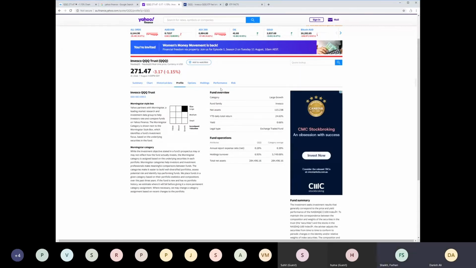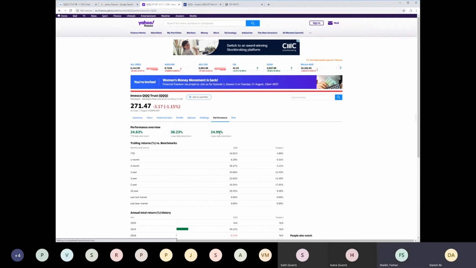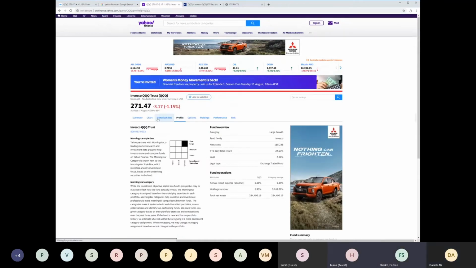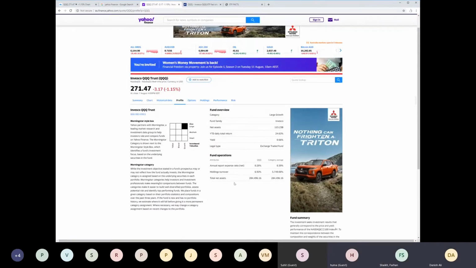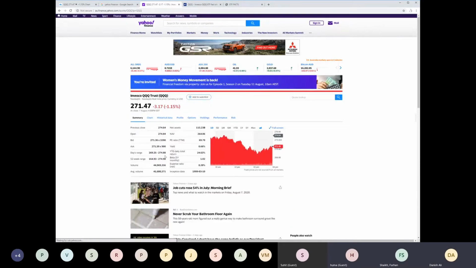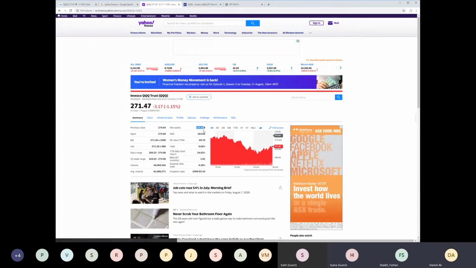I am a little bit ignorant here because I do not invest in stocks or ETFs. You want the net assets, right? Go into the summary tab. And the first line on the second column, net assets. 115.23 billion. Wow.